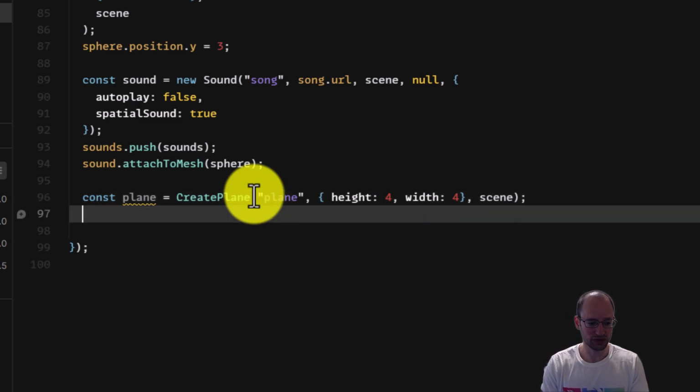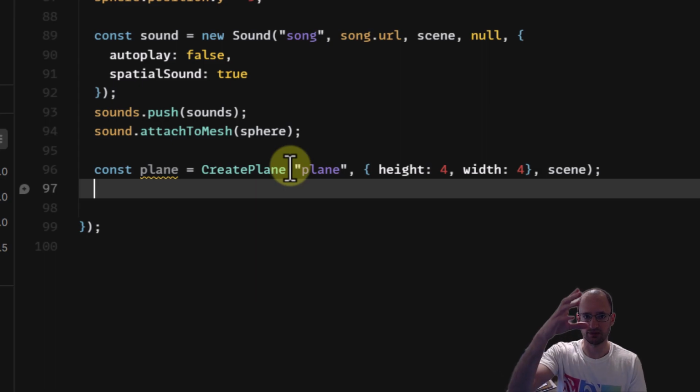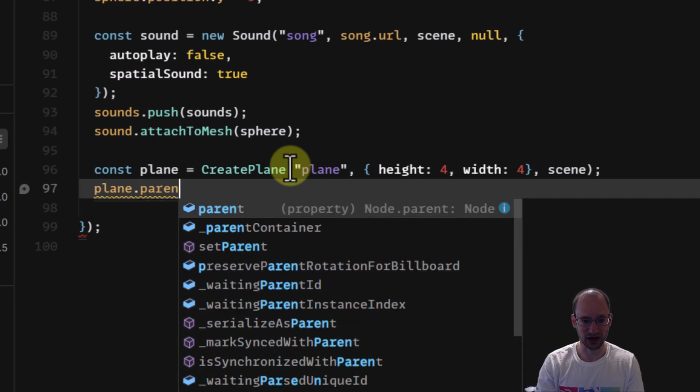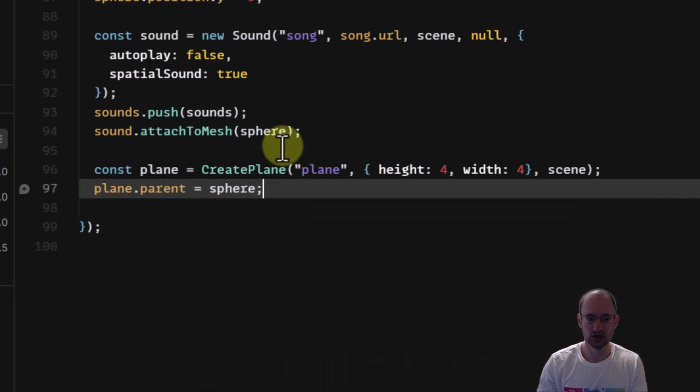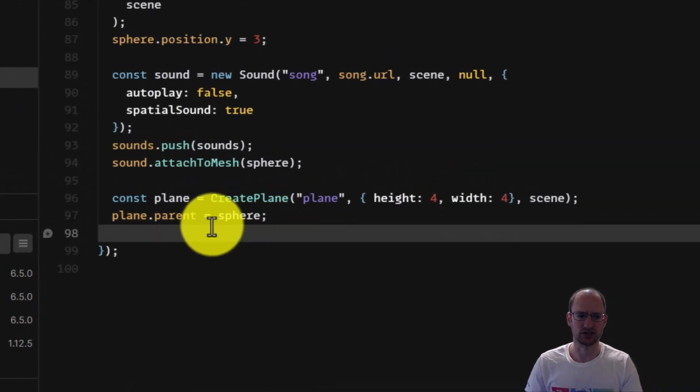Now, we want this plane to be attached to the sphere. We want the plane to be right below each sphere. So let's go ahead and just do plane.parent equals sphere. Okay, now parenting is really important, and we're going to have an episode that dives into this more, but in